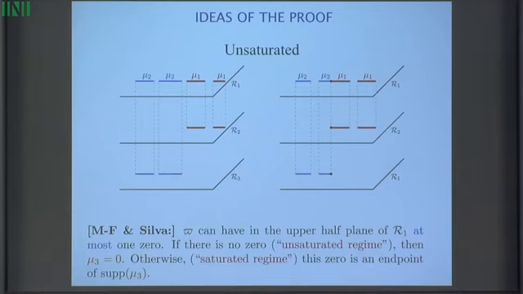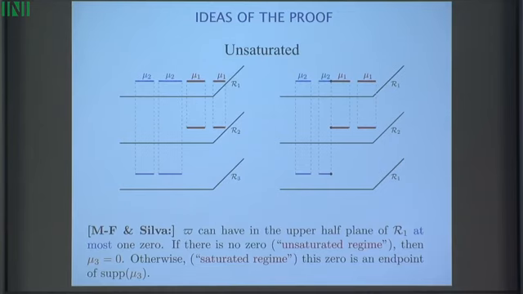In the unsaturated regime, essentially what you have, painted in blue and red, are parts of trajectories connecting the branch points of the Riemann surface. And as you see, they're just following the real line. They are made in such a way that the blue trajectories connect sheet number 1 and number 3, and the red connect number 1 and number 2. They can intersect, sometimes they can collide, and only at one single point. That's why you have only a very specific type of universality behavior at this single point. But that is what's happening when it's unsaturated. No other zero is sitting here in the upper half plane.